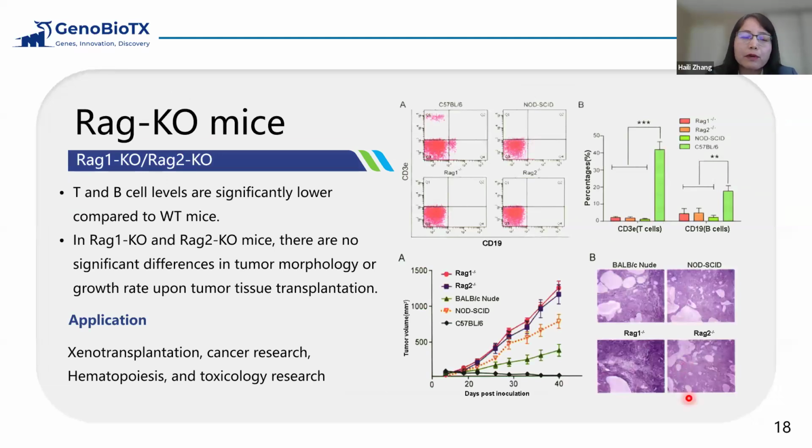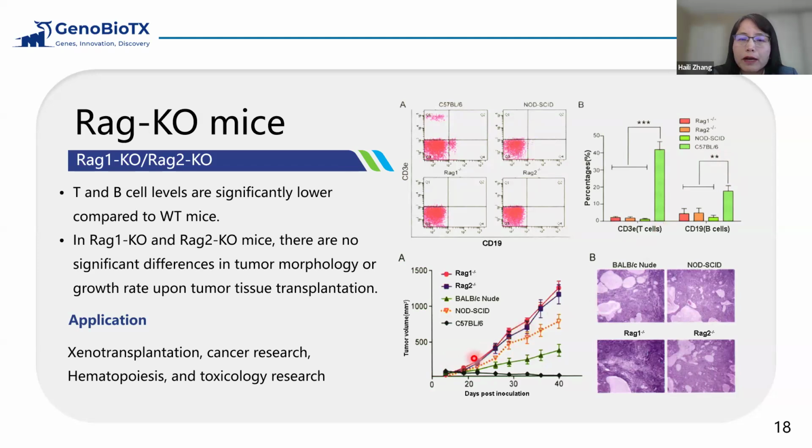Here on the upper right is flow cytometric data. In this study, we detected B cells and T cells in the peripheral blood of wild type, RAG knockout, and NOD SCID mice. The results indicated that both RAG1 knockout and RAG2 knockout mice had a significantly lower level of T cells and B cells compared to wild type mice. Additionally,